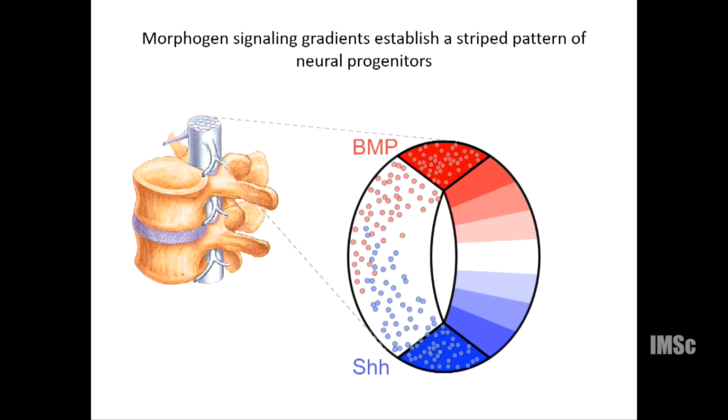happens here, you have the spinal cord and you take the dorsoventral cross section. On the ventral side, you have the source of sonic hedgehog, a morphogen. This morphogen spreads across the tissue, forming gradients of concentration. On the dorsal side, this is BMP, another morphogen that is spread from the roof plate, also forming gradients of concentration. And these morphogens are interpreted by